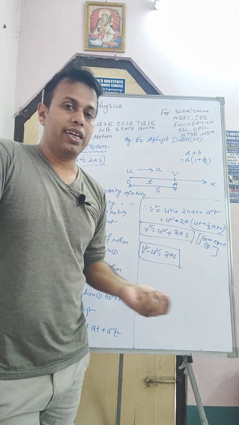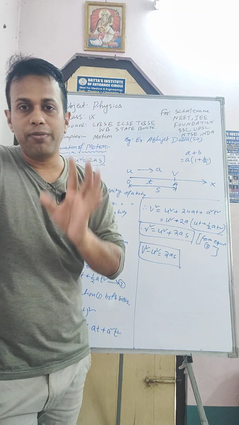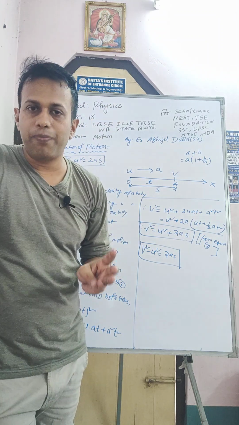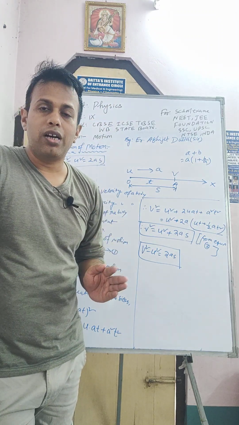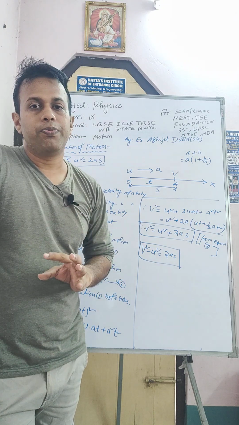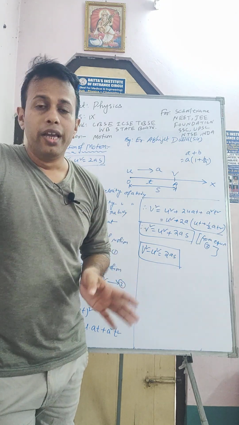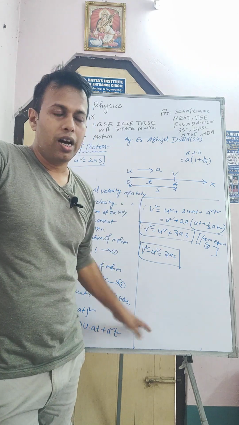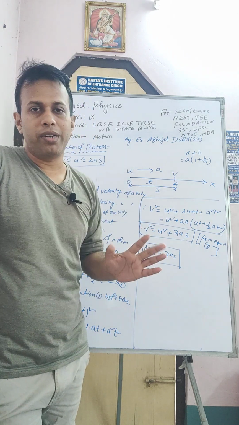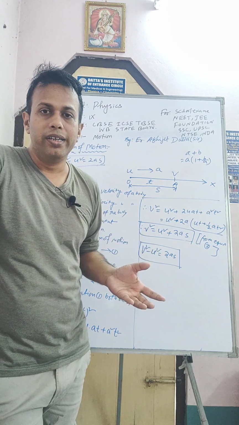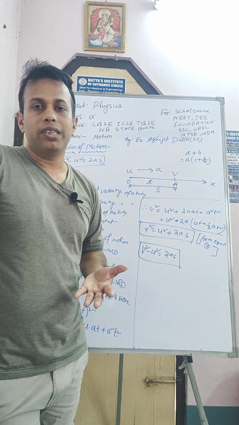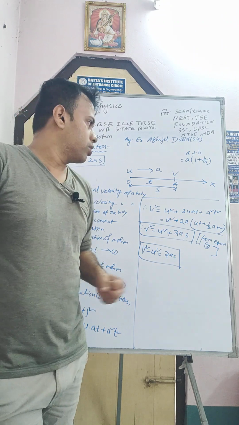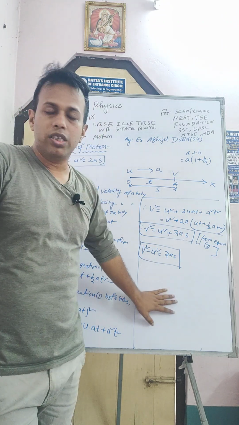So in the next lecture, I will explain the different types of graphs: velocity time graph, distance time graph, position time graph, speed time graph, acceleration time graph, and its different parts. After that only I will derive this third equation. Otherwise, if I do not explain what a graph is and how they represent, then you can't understand. So now the three equations of motion are completed.